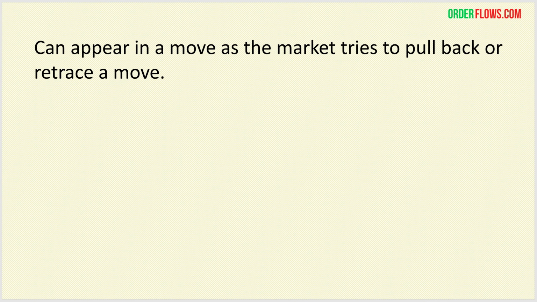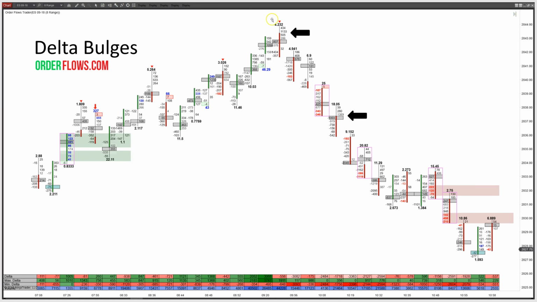Now, it can appear in a move as the market tries to pull back or retrace a move. What do I mean by that? You see here, market hits a swing high, you got a bulge up here, 1133. It starts selling off, makes a little bit of a pullback up here, 1389, and continues on down. Over here, 633, this is what I talk about, by understanding what your volume is. Would I consider 633 or even over here, 782, a bulge? Well,